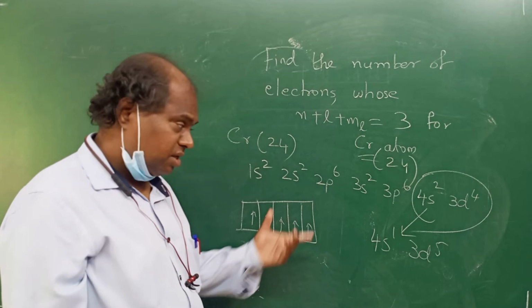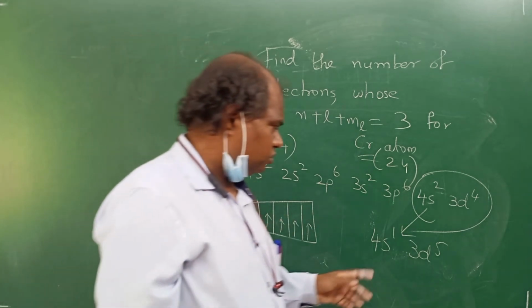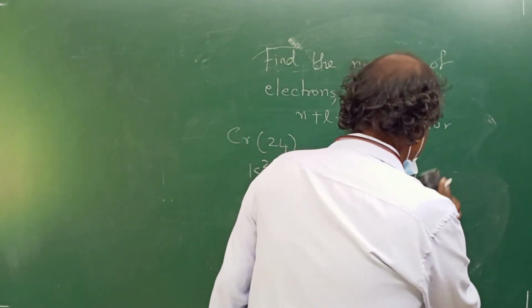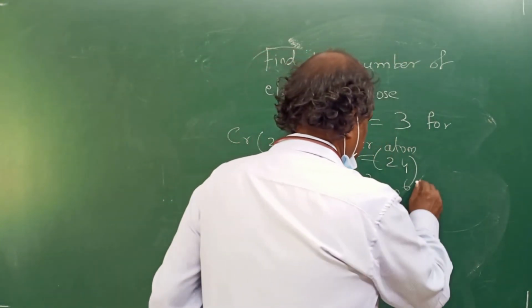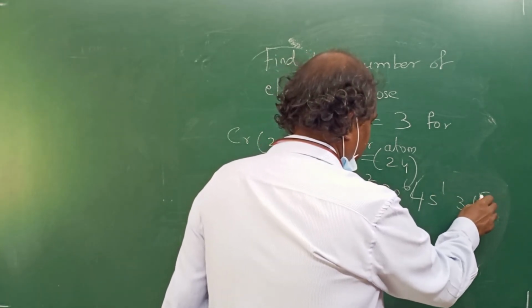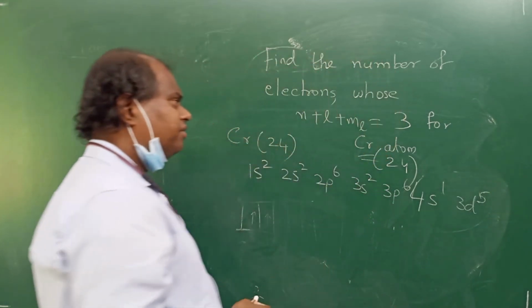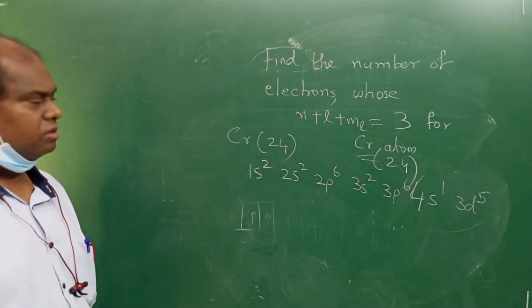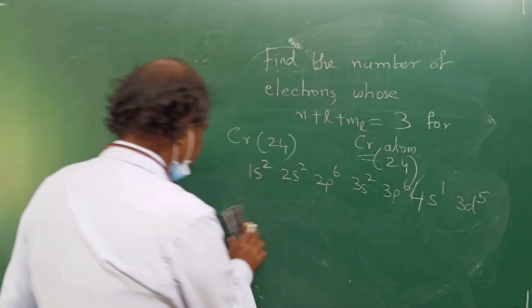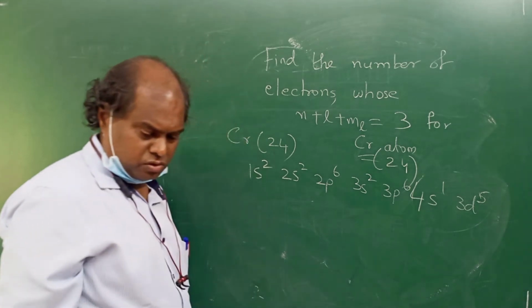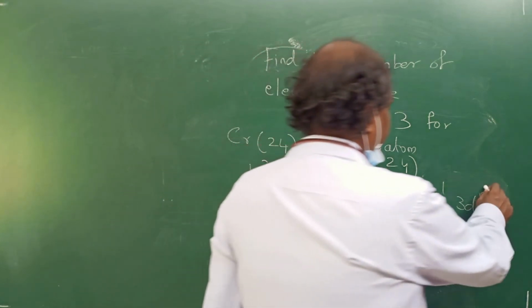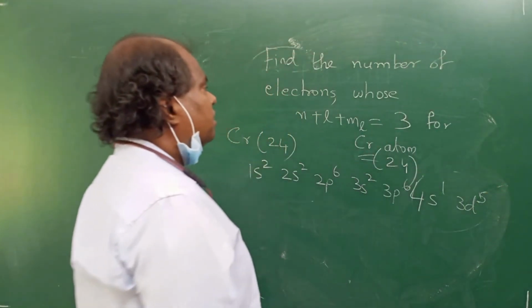Students, fine? This I discussed last time also. So you should write 4s1, 3d5. Clear? So if you write like that, see your answer will change. So be very careful in the exam, if you write the other way around, you'll get a different answer. Okay? Yes, you will get a different answer, right? Fine. So 4s1, 3d5. Half fill. You make it as half fill, right? Okay, students. Half fill is more stable.